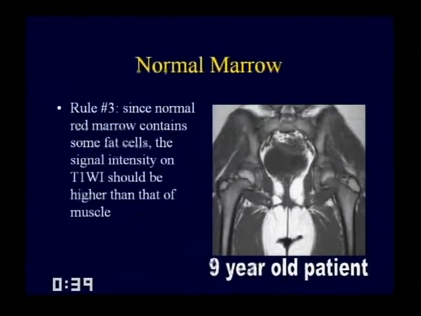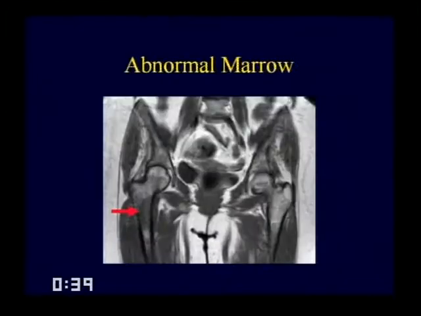So in this 9-year-old patient who has only undergone conversion in the epiphyses and apophyses, still quite a bit of red marrow in the metaphysis and diaphysis, but it's of higher signal intensity in this T1 weighted image than the muscle, so that's normal. Here's an abnormal case where there's still quite a bit of red marrow, but there's this area here that's as dark as muscle, so that's going to be abnormal marrow, and that turned out to be